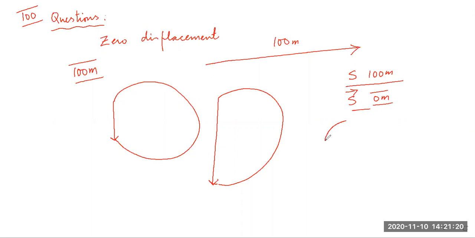Sir, if the object moves in a circle, perfectly right. If the object has moved in a circle, the total distance is 100 meter. But what is the displacement? The displacement is 0 meter. Okay. Students, even if the object has not moved in a circle, it has moved like this, like an amoeba, and finally comes back to